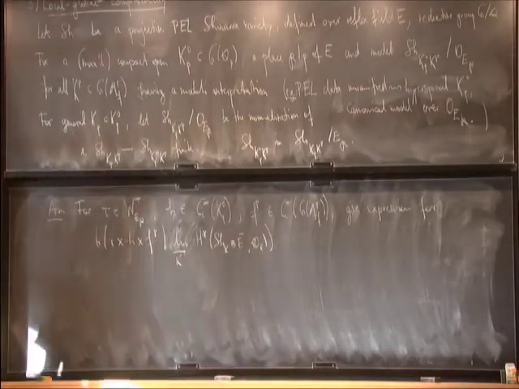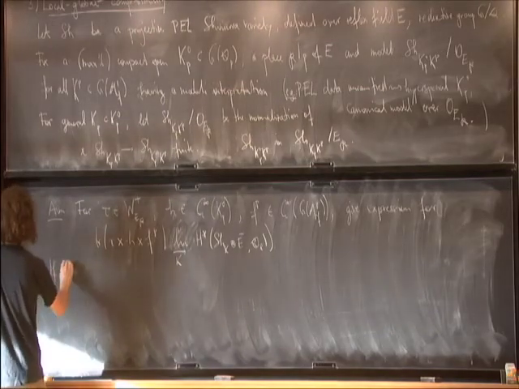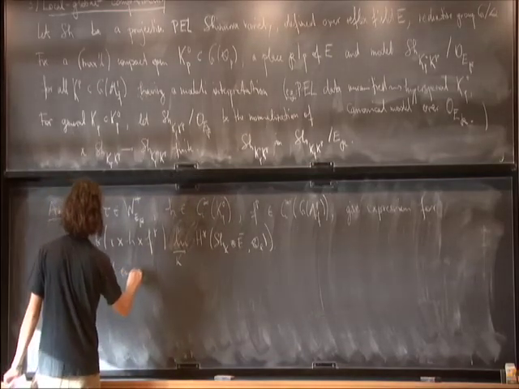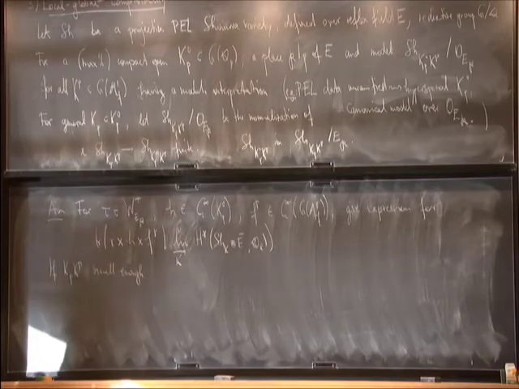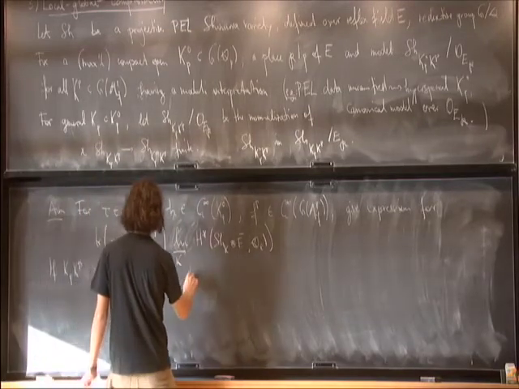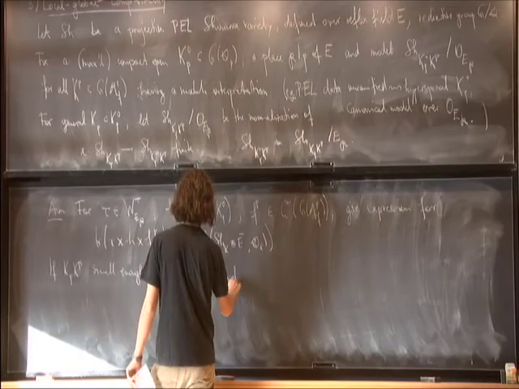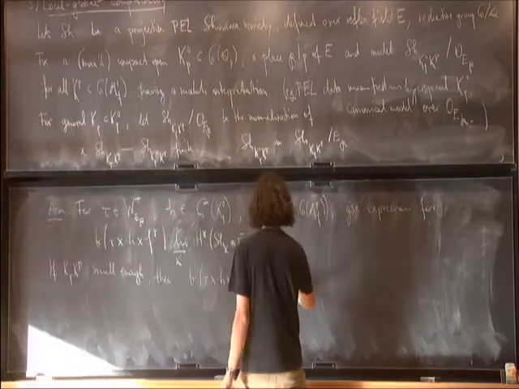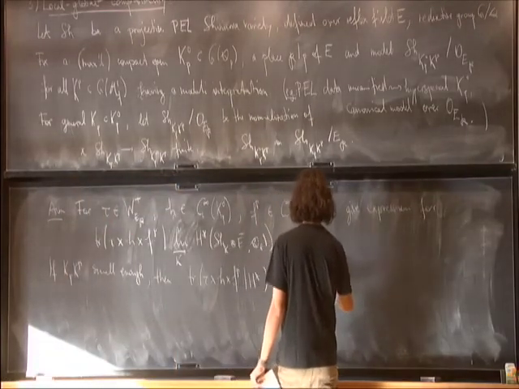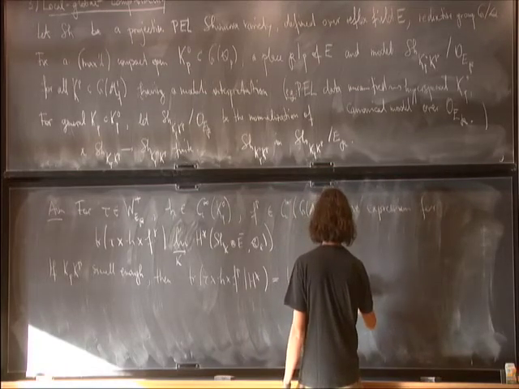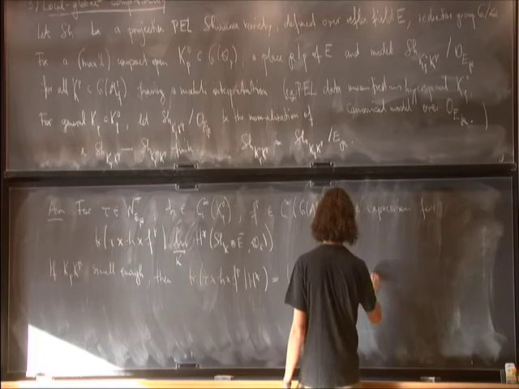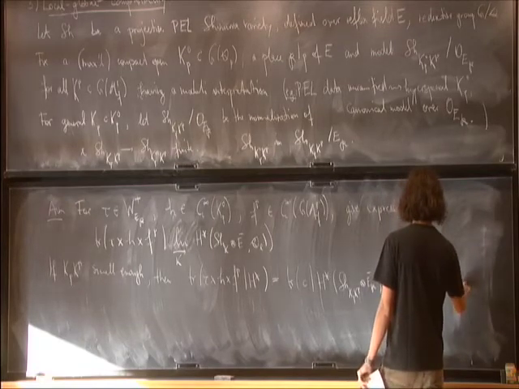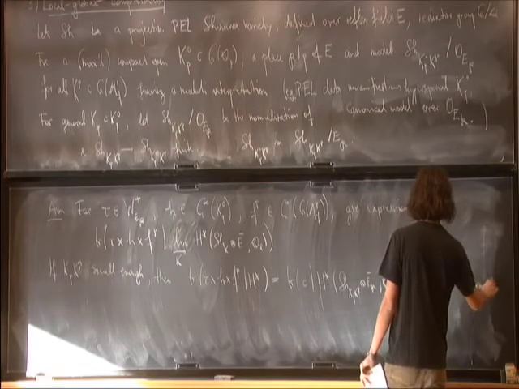So if you fix this level K_p times K^p small enough, depending on h and f^p, then in fact you can rewrite this trace as a trace of some correspondence on the cohomology at one level,